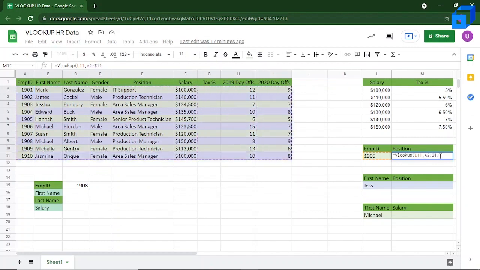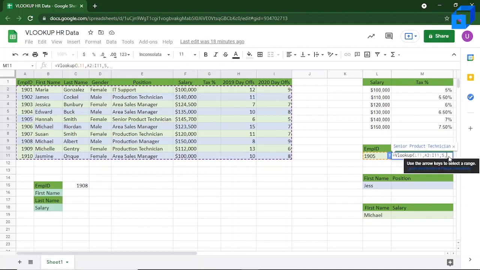That's A2 to I11, and then the column index. So the value of the index is 1, 2, 3, 4, 5. So the position column is the fifth index of this whole table or the range. So let's put it as 5 there. Now you can see that the value is already given over here.